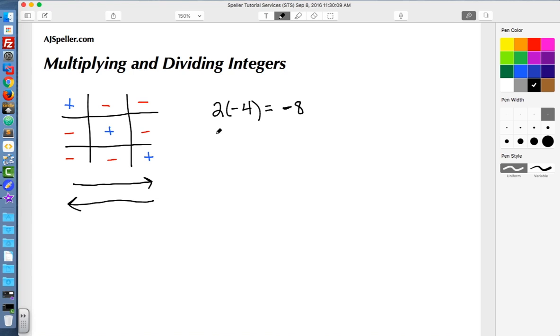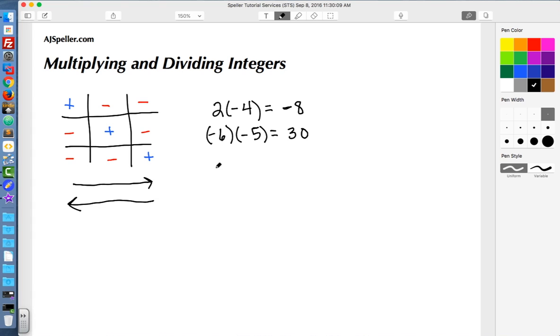Let's look at another example. Let's say we have two negative numbers: negative 6 times a negative 5. So we have a negative times a negative to give us a positive if I went from left to right. I could also go from top to bottom, a negative times a negative to give me a positive. I could also use the top row and go from right to left, or use this first column going from bottom to top. A negative times a negative gives me a positive. So here I know the answer is going to be positive, so I just multiply the two integers, 6 times 5, to give me 30.